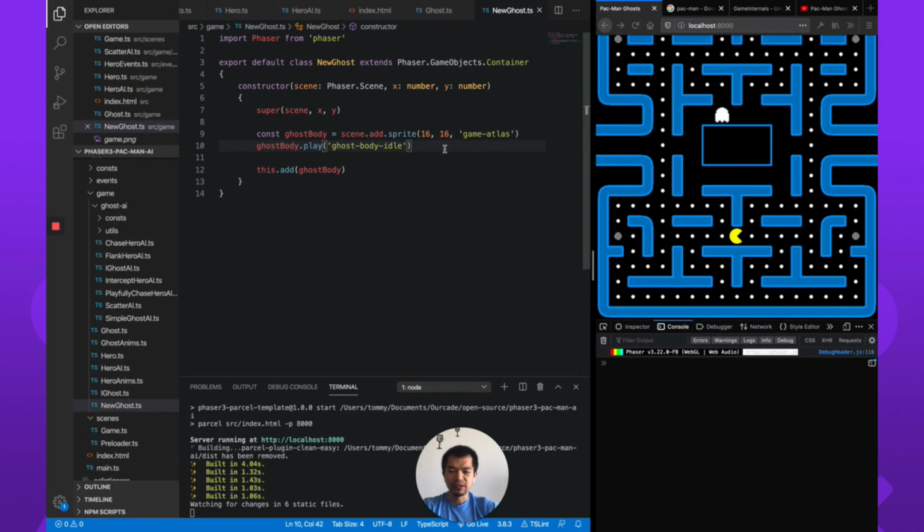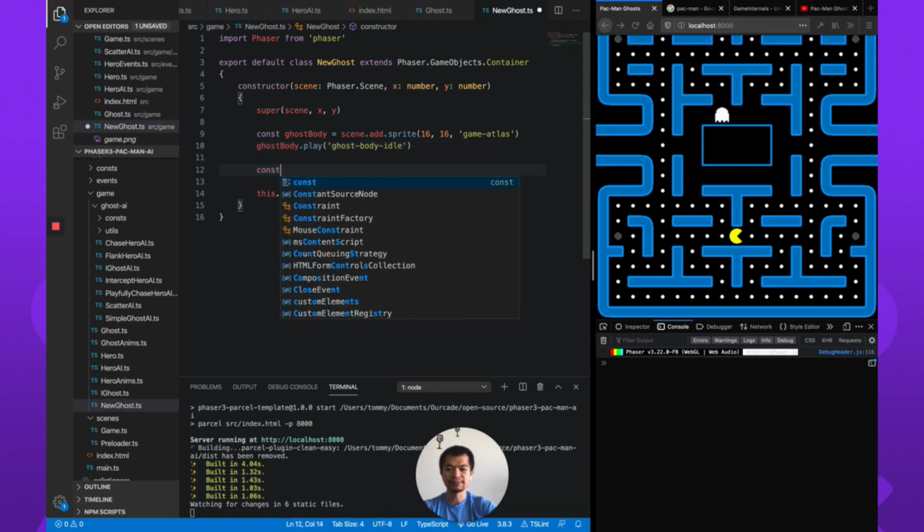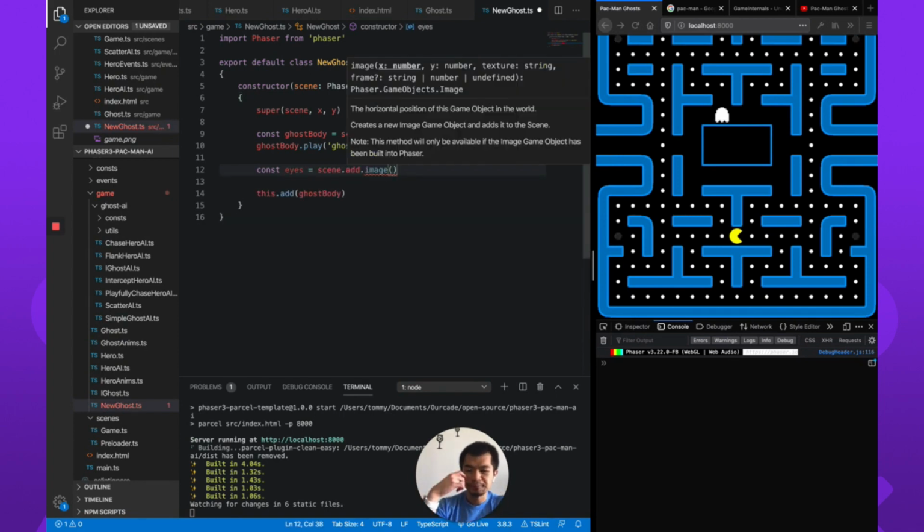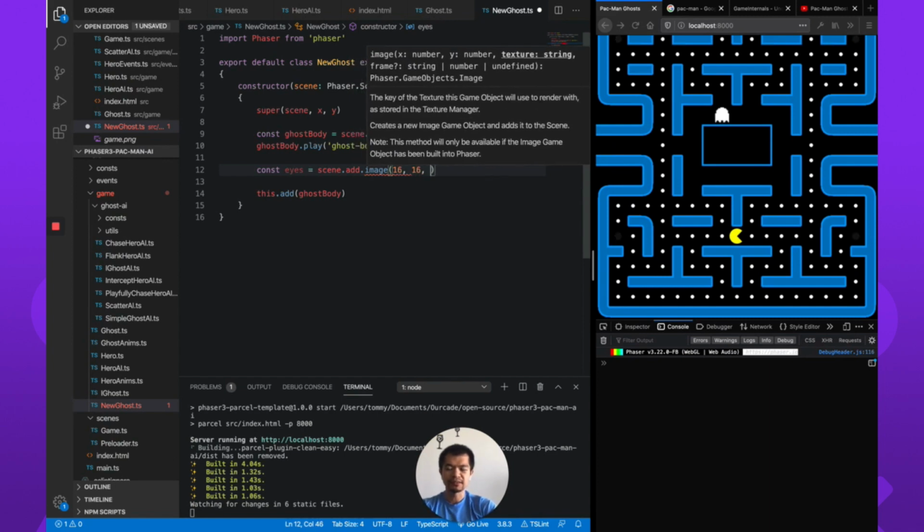Okay, so now we have this body idle. So now we have the ghost body and we have the eyes, and then the pupils. So let's make some eyes. Let's call this eyes, scene.add.image. The eyes won't need to animate. They're just like a picture. So this is like the whites of the eyes. So we don't need to worry about that too much. So let's just say this